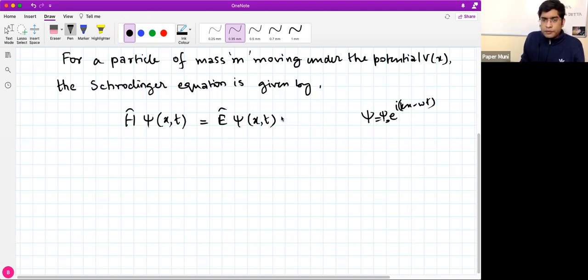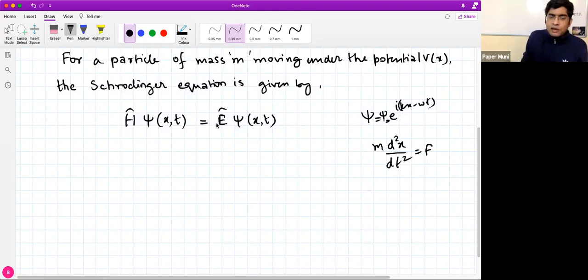The thing is, you can think of it the way you treat Newton's equation. In Newton's equation, m times the double derivative with respect to time is equal to the external force. You don't try to come up with a proof of this. You have been learning it for a long time, you know it's true, it works. In the same way, we can take this equation as also working.